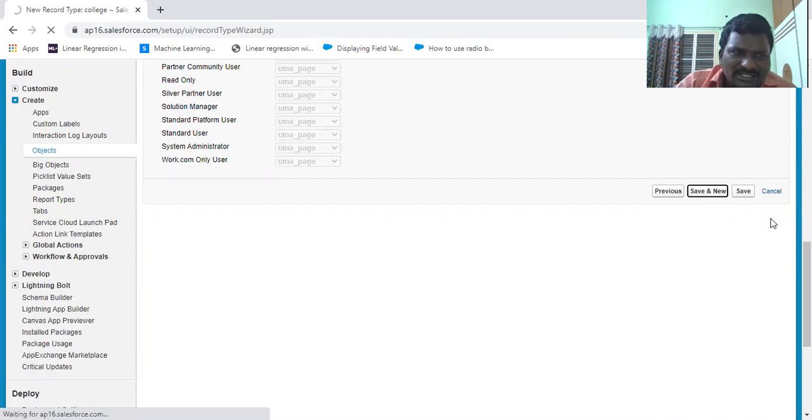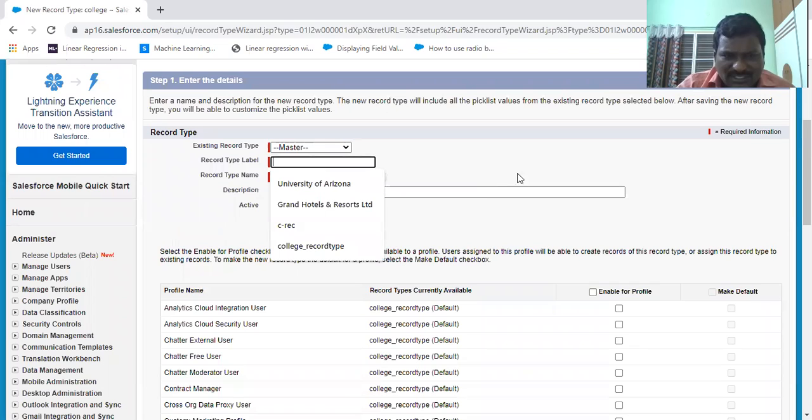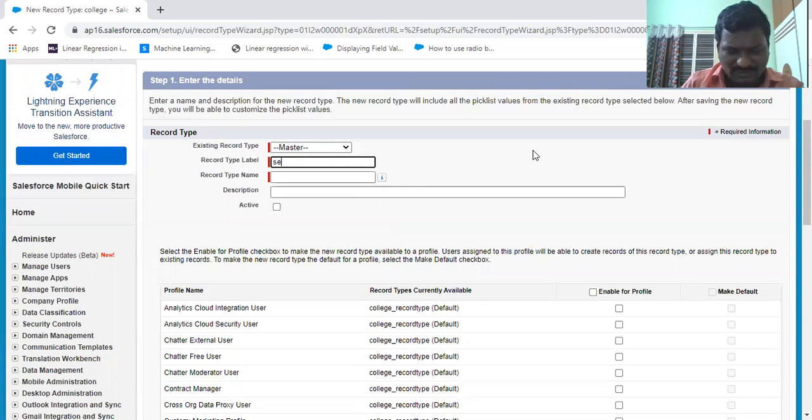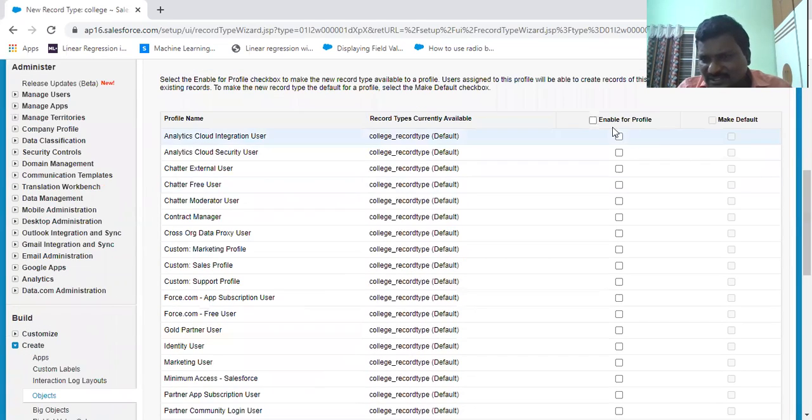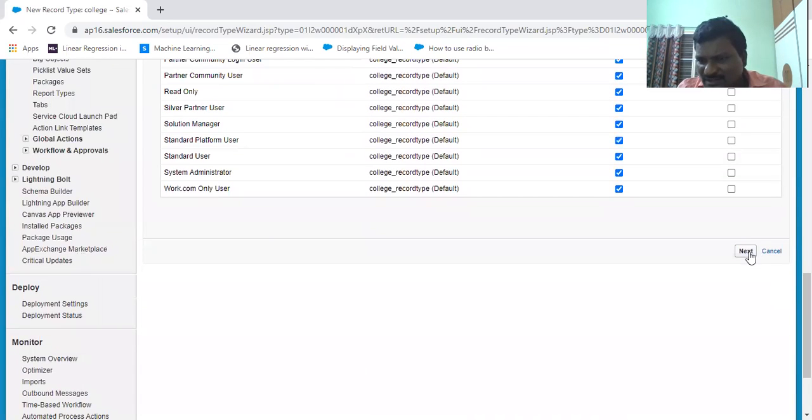I'm going to create another record type. Previously I created the College record type; let us assume this is the second record type. Enable the profile, and then go to Next.